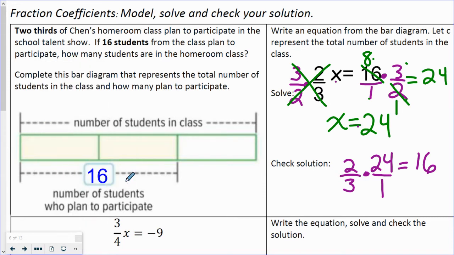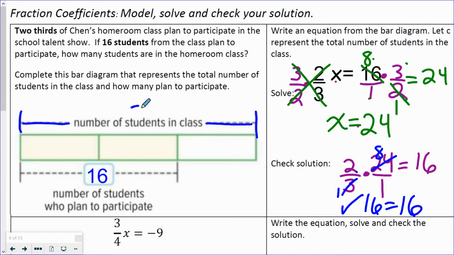Okay? Well, I notice I have a 3 and a 24, and 3 goes into 24. 3 goes into 3 one time, goes into 24 8 times. Then I'm just left with 2 times my 8, which is 16. This time we had no negatives to worry about, so that helps out. So that means this whole part right here